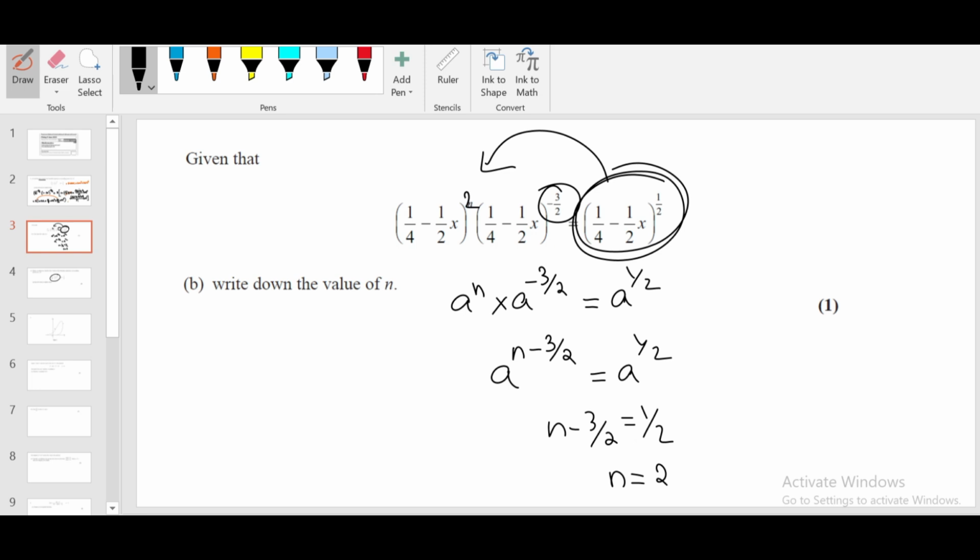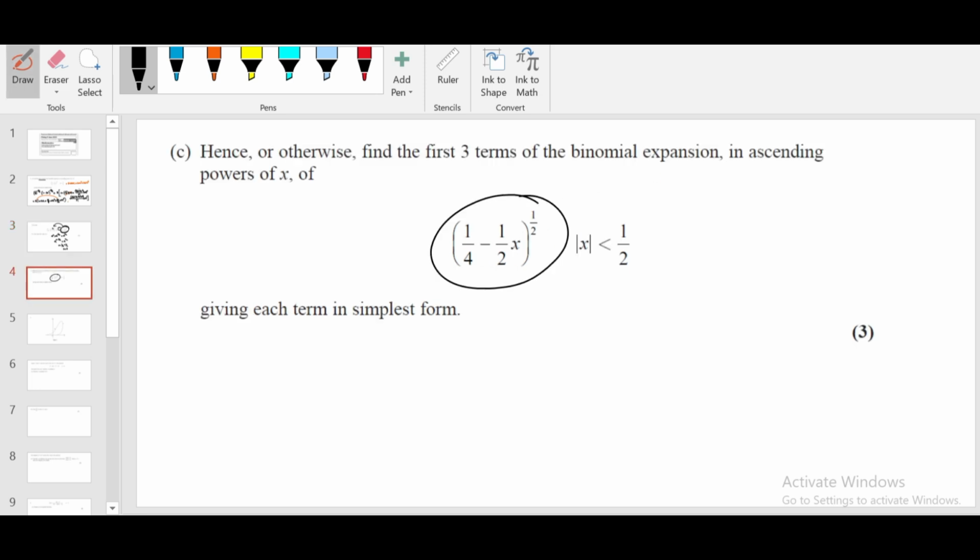I think most of the students don't want to do that. They are going to treat this as a separate binomial and apply the binomial expansion. That's completely alright, but you need to know this method also, because what if the question says you need to use the answer from part B to solve it. So you need to write this as 1 over 4 minus half x to the power half was equal to,